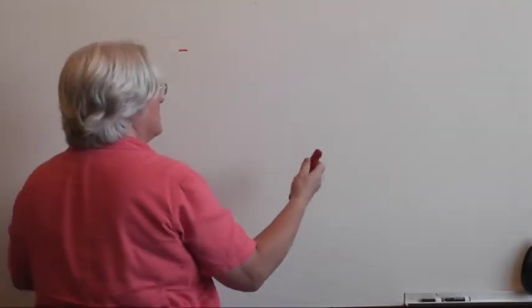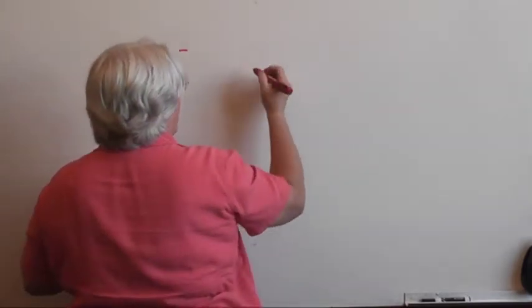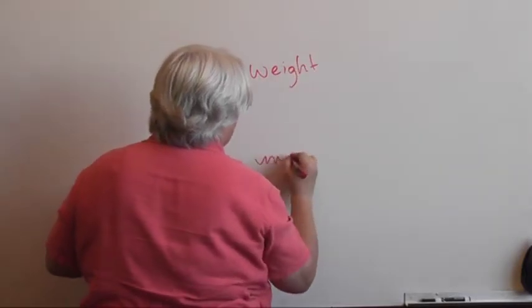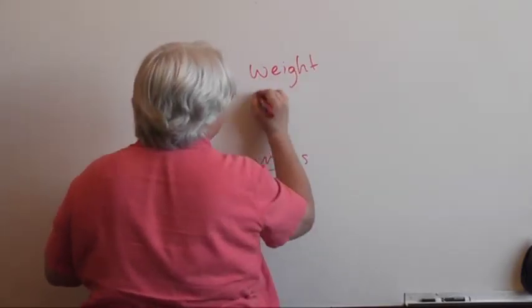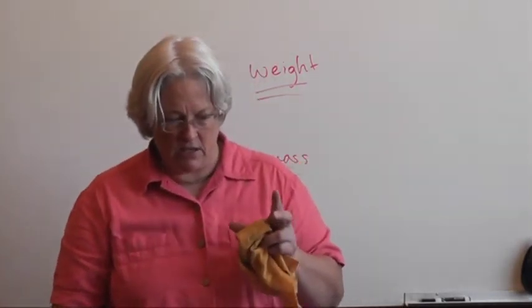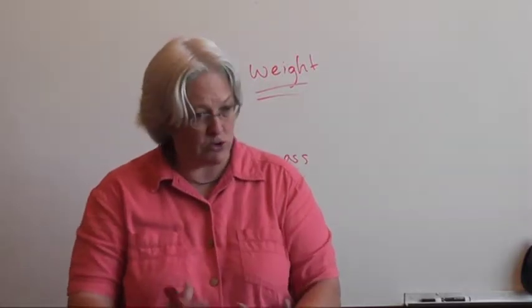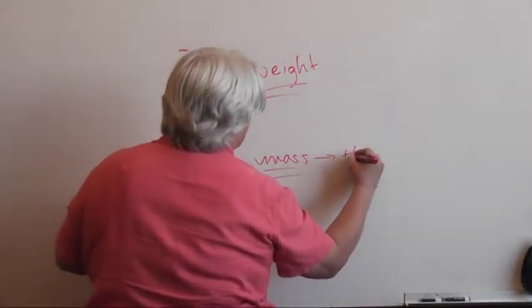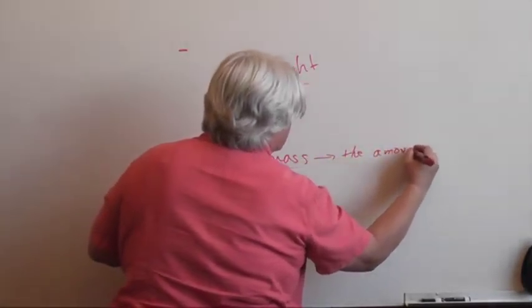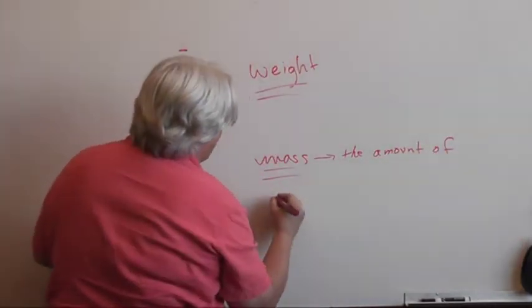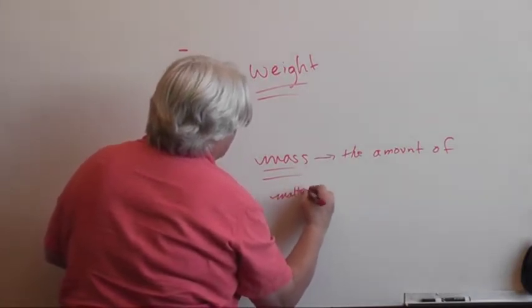That is important. So remember that I said that mass is sort of like weight, but it really isn't. Well, weight and mass, this is the difference between them. Mass is how much matter is squished into an object. You have to know these definitions too. The amount of matter squished into an object. I'm sure your teacher would give you credit for that. The amount of matter contained in the object.